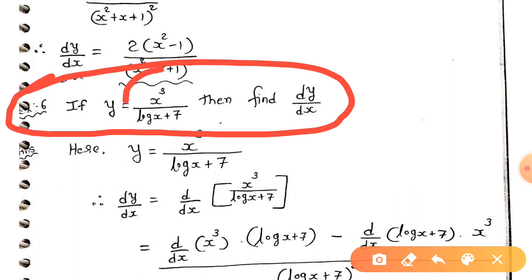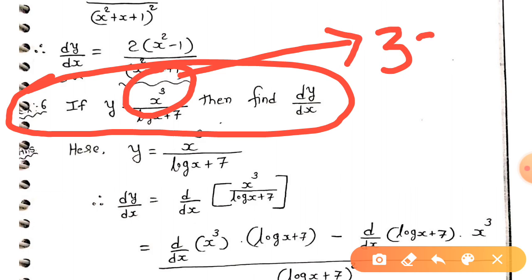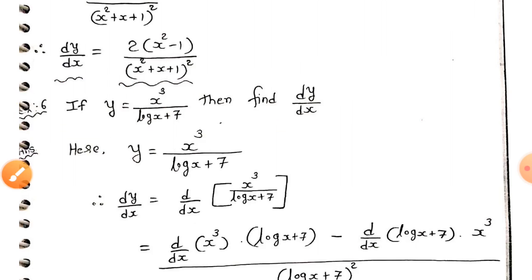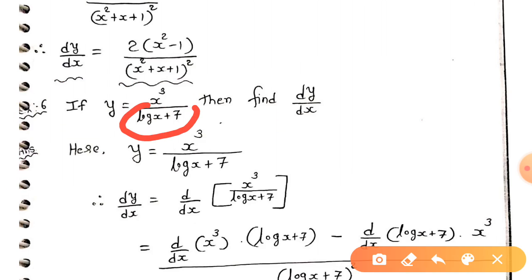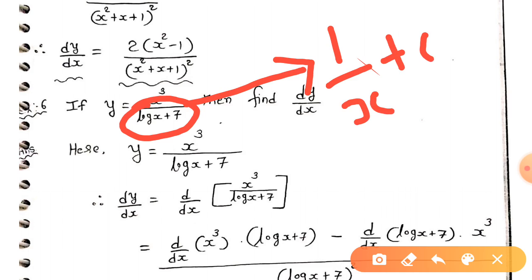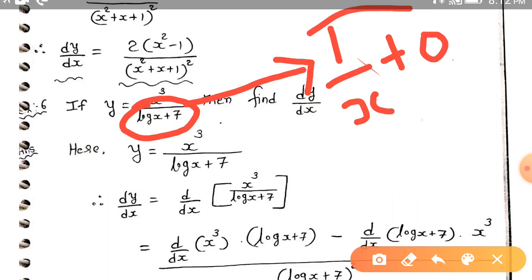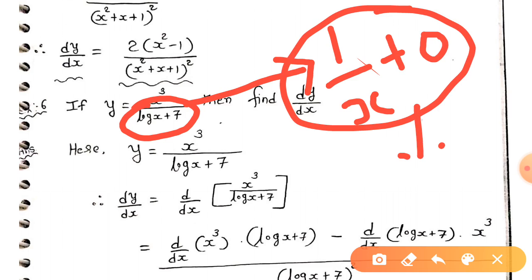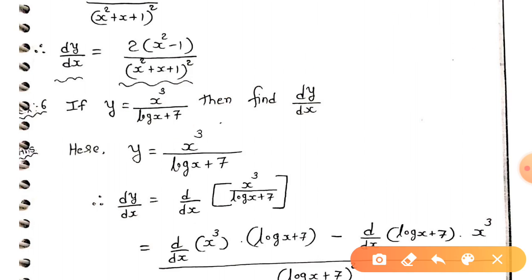Just think about the differentiation of this x cube. This is nothing but 3x². This is the differentiation of x cube, and after that we have to think about the differentiation of log x plus 7. Differentiation of log x is equal to 1 upon x plus 0, and 1 upon x plus 0 answer is equal to 1 upon x. Good. So by using this way and the formula of division, you can solve this example very easily